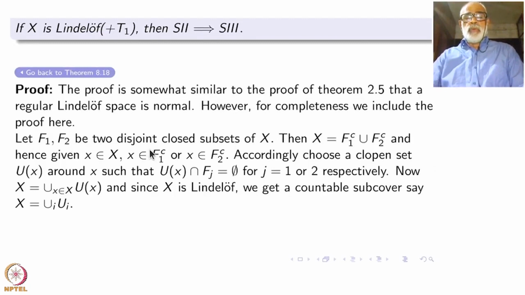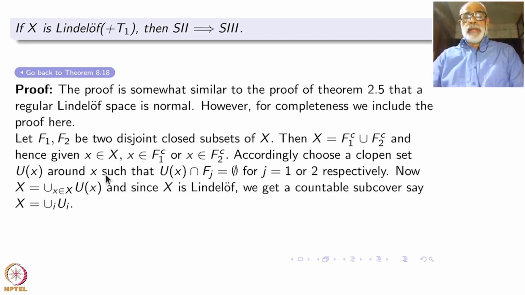Take F1 and F2, two disjoint closed subsets of X. Then X is the union of their complements because they are disjoint. Therefore, given x inside X, either x is inside F1 complement or x is inside F2 complement. Maybe it is in both, doesn't matter. One of them will be there always. Accordingly, choose a